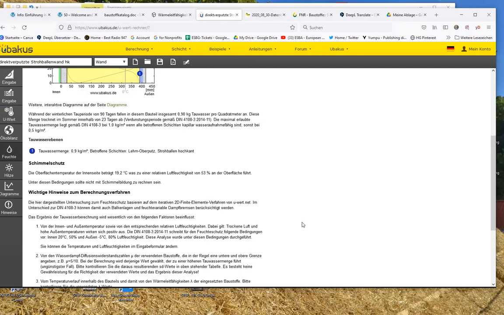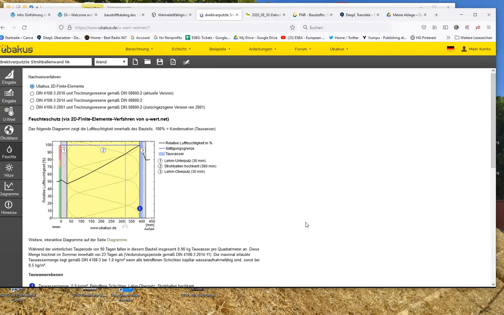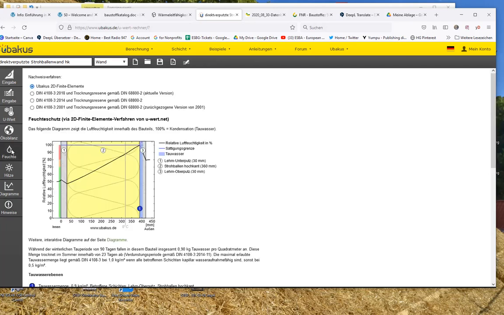And the second thing I wanted to say is that different standards have different approaches. You can set up here this 2D finite element method, which Herbert has there, but you can also set it up according to the German standards, for example the actual version from 2018. And there it says that